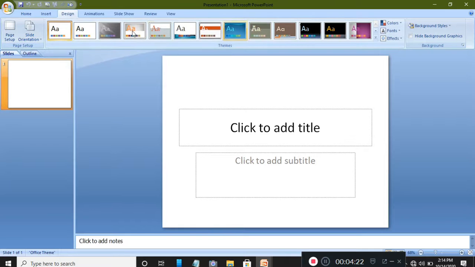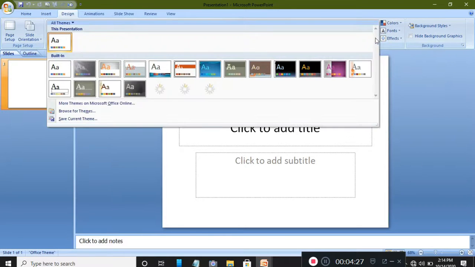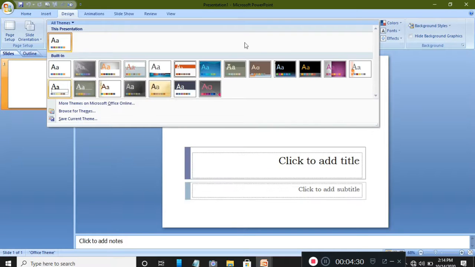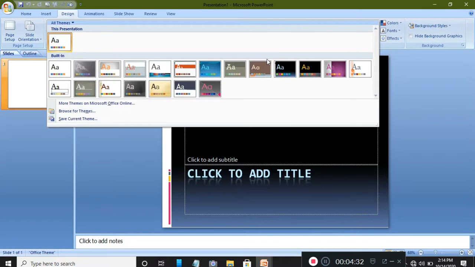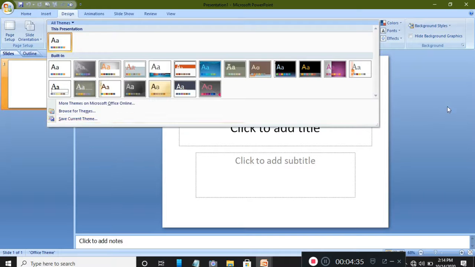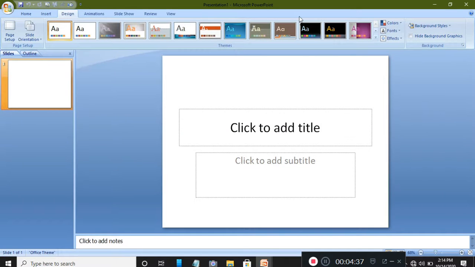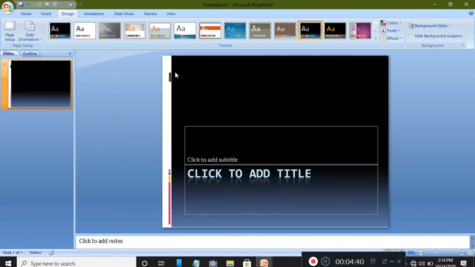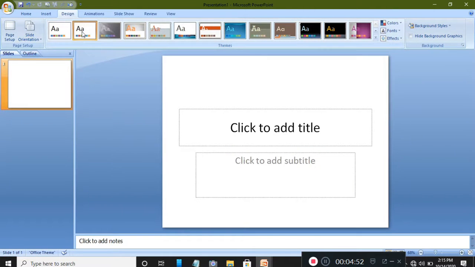And if you are not satisfied with these designs, what we can do, you can see here more options are available, and we have more designs to use in our document. So I'm going to choose the black one as this. Okay, so our first document is created with design. All right, now what will be the third step? This one is looking more proper, more formal.